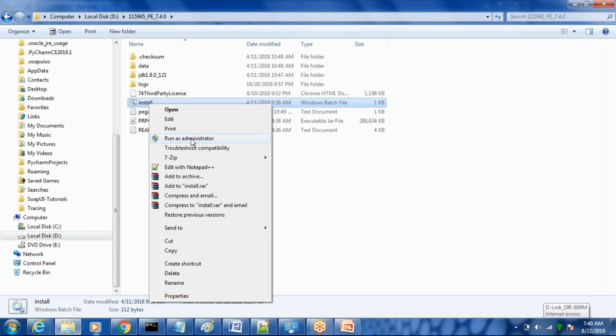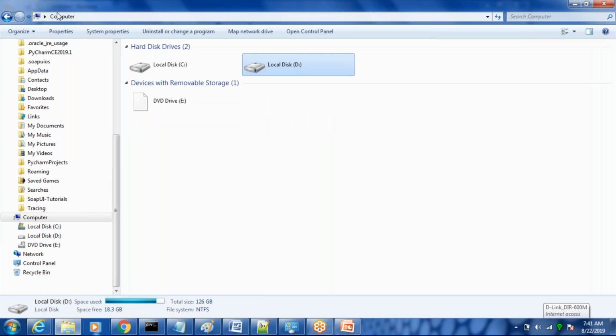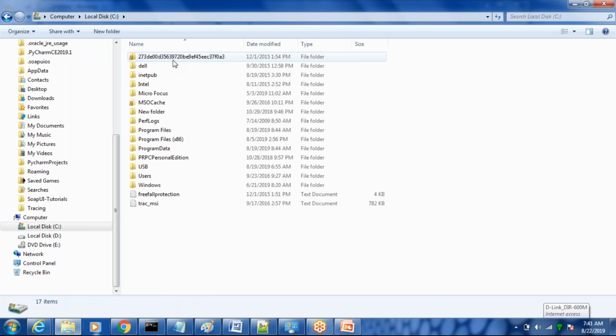By default it chooses the C drive. You can go with the same default path, the C drive itself. Make sure you have at least 5 GB of space on the drive you choose. Go with the C drive if you have enough space, or else move to some other drive where you have at least 5 to 10 GB of space. Take that drive and click on next.